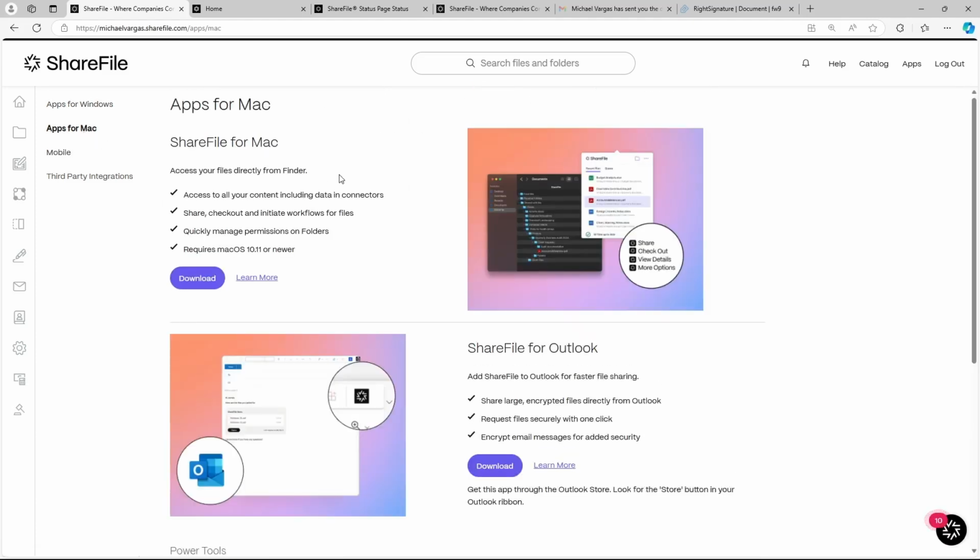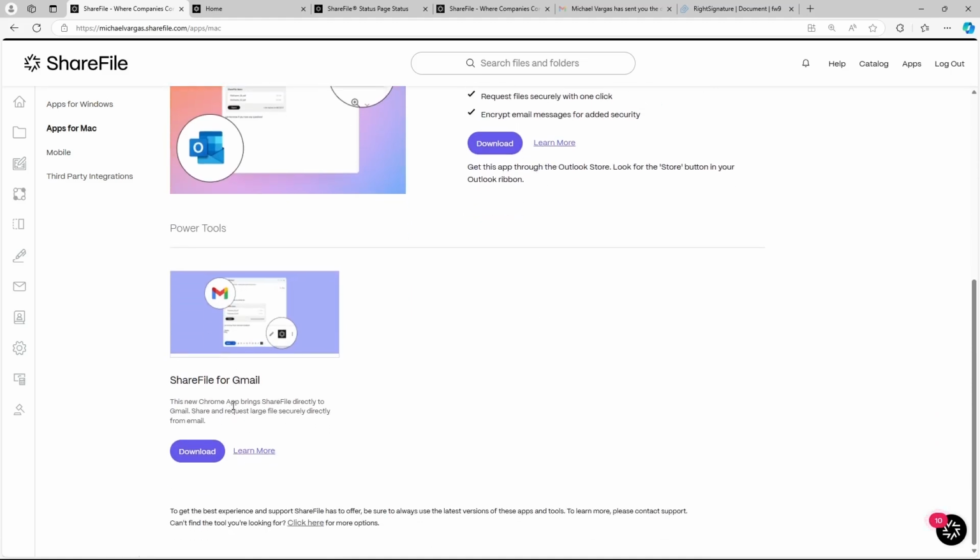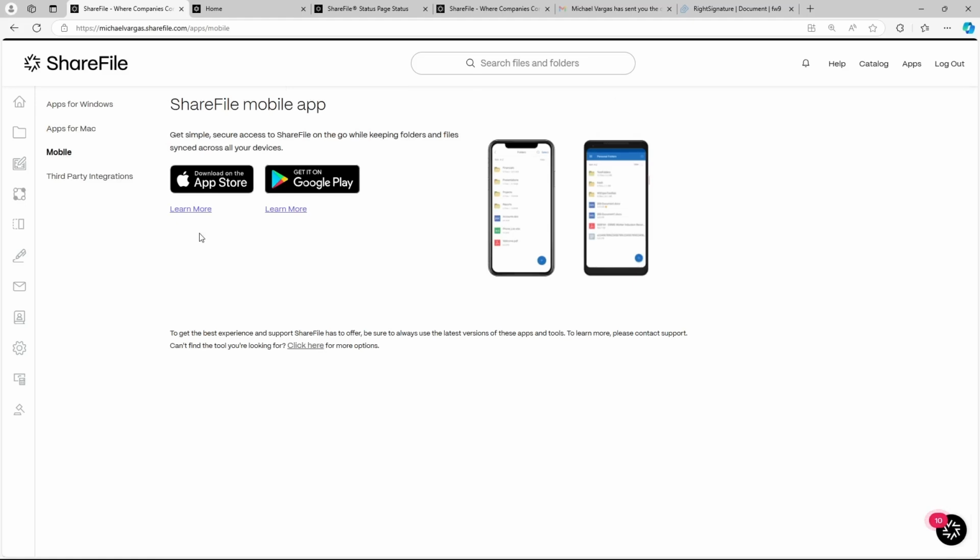For Mac, we have ShareFile for Mac, for Outlook, and ShareFile for Gmail as well. Now, for mobile, let me tell you that we have ShareFile, okay, for iOS devices and also Android devices.